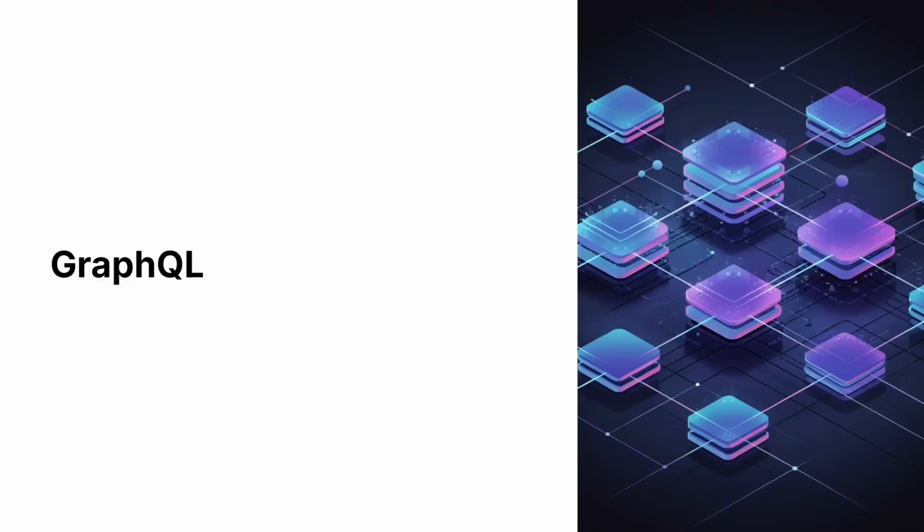So if the client is requesting from the server, but it only requests the fields or the data that it requires, and the server sends only those fields or data that the client requires, then we would have an optimized request and response, and we would have optimized performance. This can be achieved using GraphQL.